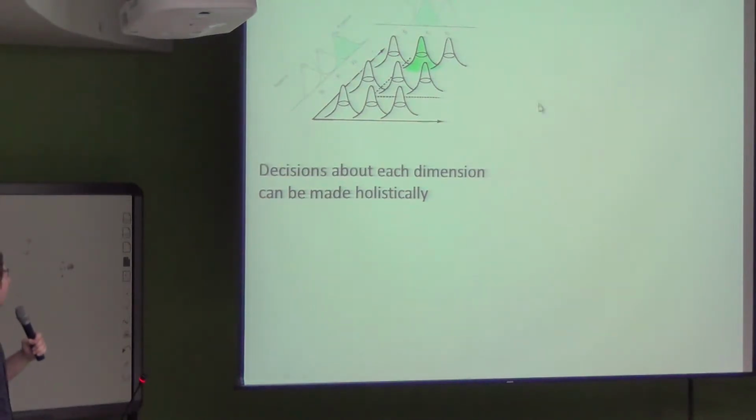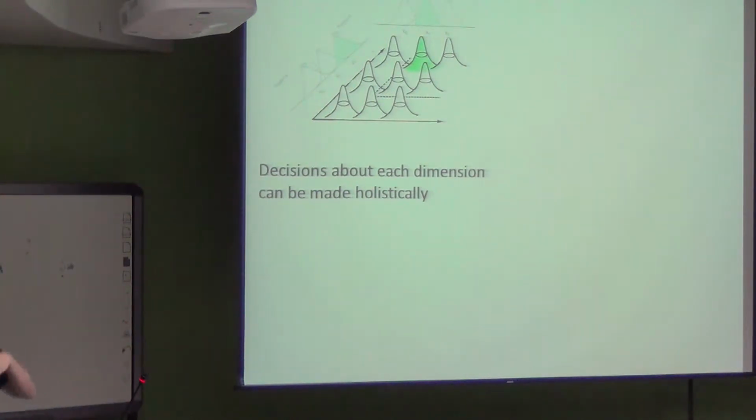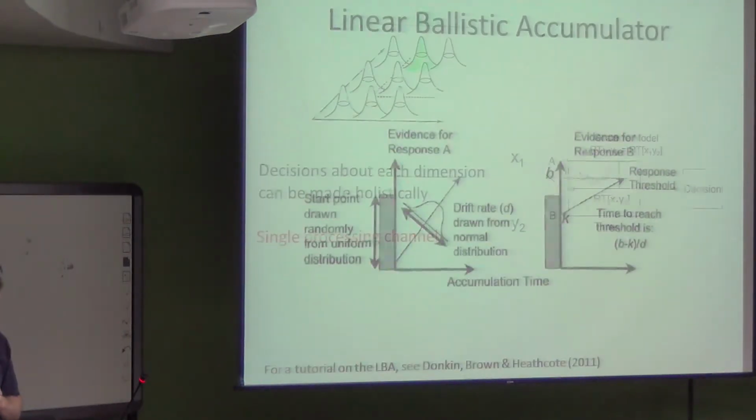Alternatively, the decisions about each of the dimensions might be made holistically or configurally, in which case we're not going to use the marginal distributions to provide our source of evidence, but instead we're going to stick with that bivariate normal distribution and compute the area under this distribution that falls into the category A region based on both of these boundaries rather than one of the boundaries at a time. And whenever we do that, we get one source of the quality of evidence for category A, and it drives a single random walk process. And that single random walk process is what gives us our decision time. There's a single processing channel.